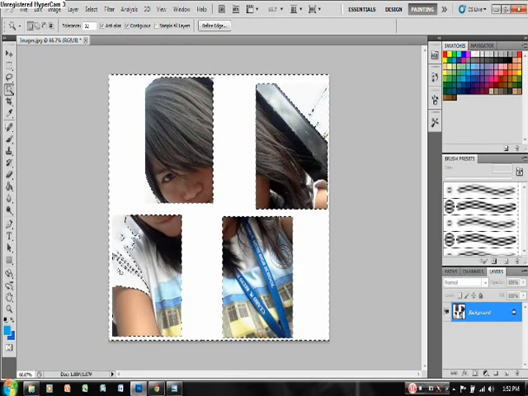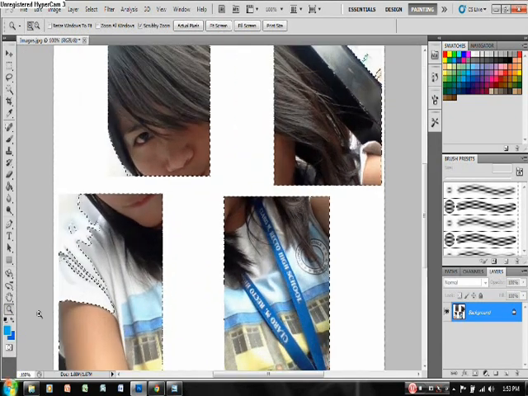So let us edit this to select only the original portion of the picture. Okay, let us zoom to be able to see it clearly. Then let's select the lasso tool.